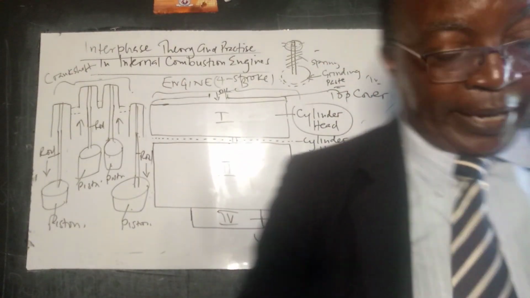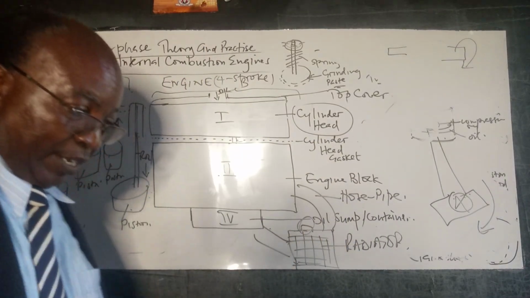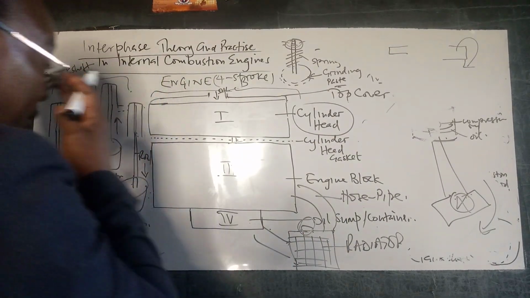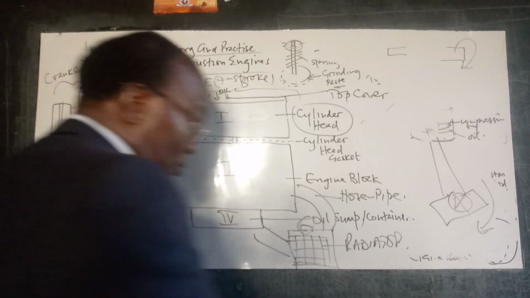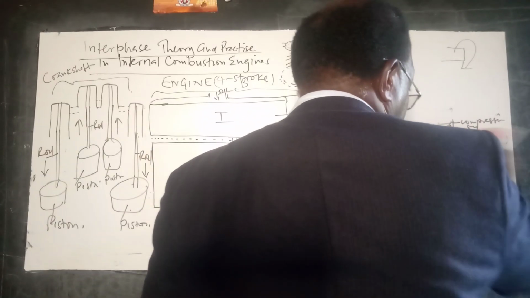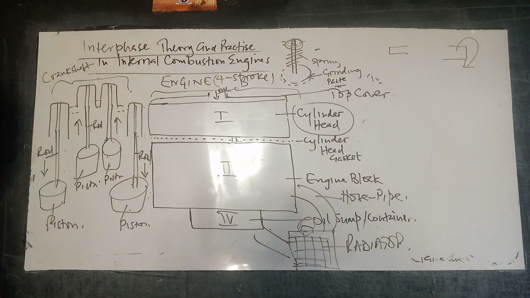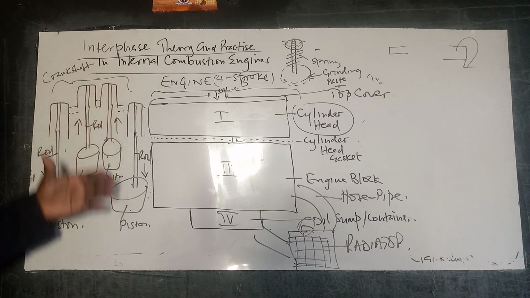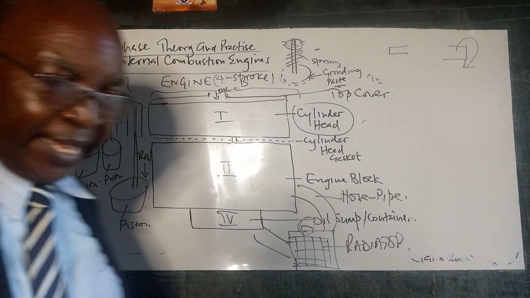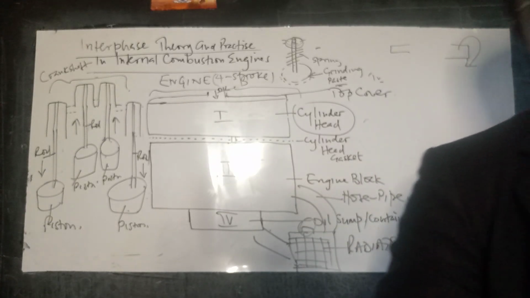Of course, it is connected, like we said, in the bell housing, there's a shaft there where all these connections take place to the gearbox, and there's a so-called transmission unit, and the transmission movements, depending on the appropriate torque, will take place. So that movement is very, very important, and the pistons move up and down, up and down. The other important thing is, in terms of the ignition components,